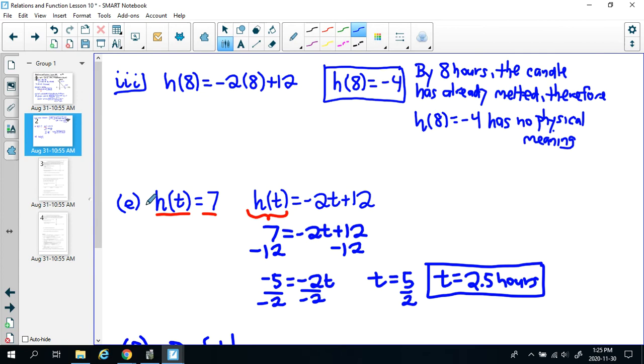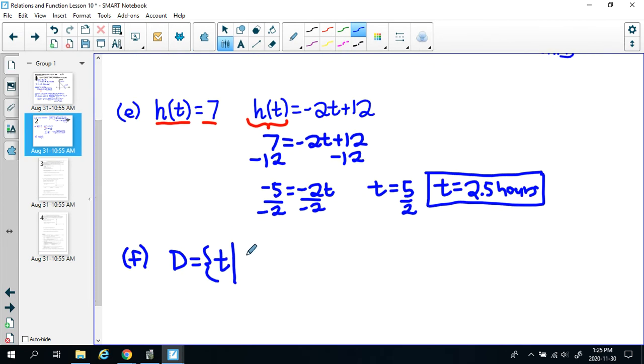So what I would do then is for my domain, I would say the domain is your time would be greater than or equal to 0, but needs to be less than or equal to 6. And then from 0 to 6, time can be any real number. Now the range,